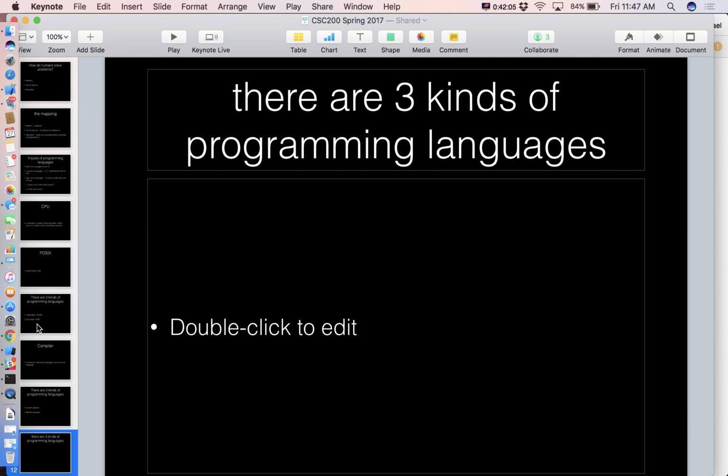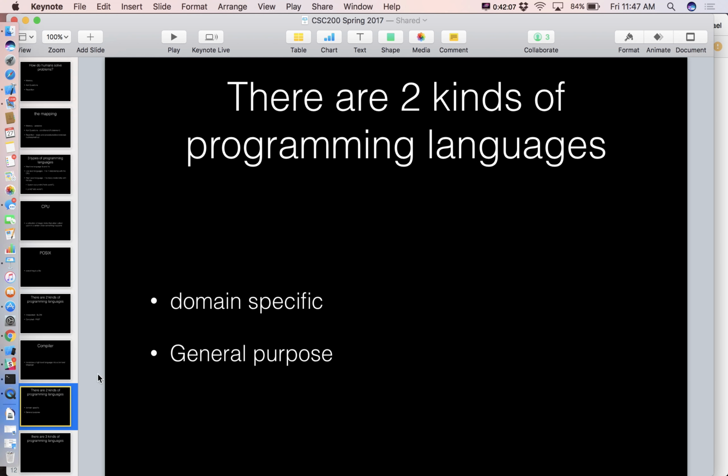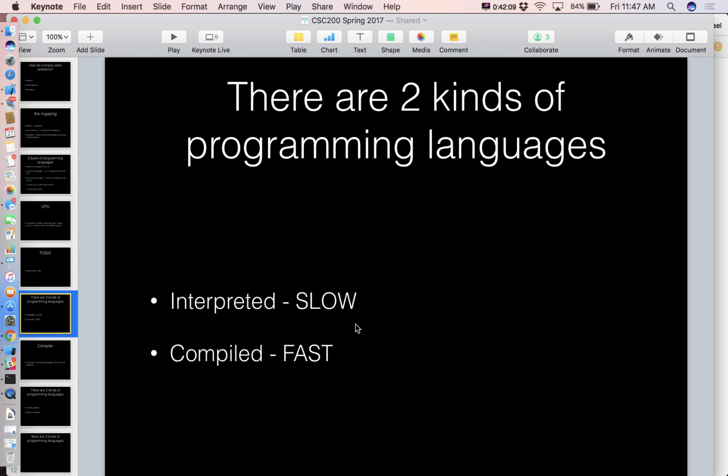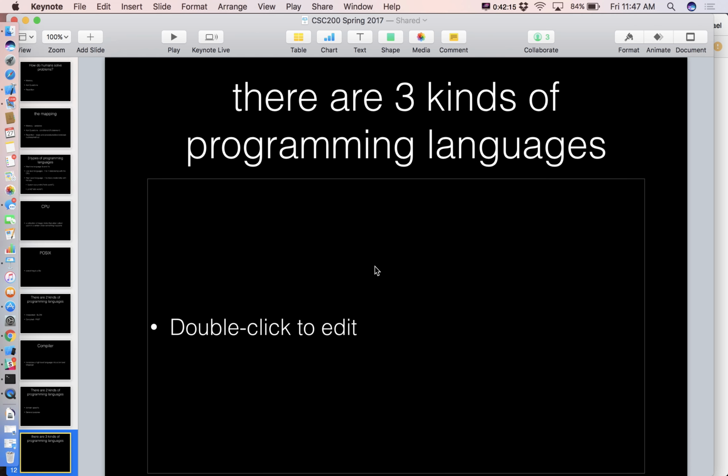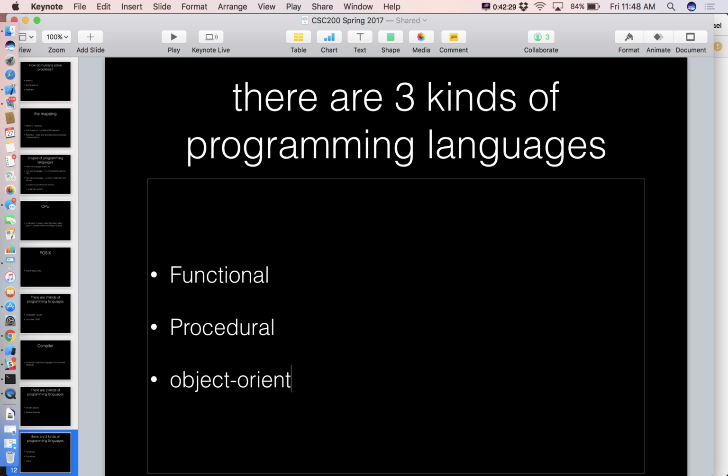Okay, so this one's looking at the lens of the size of the languages. This one's looking at the lens of the nature of how the languages actually end up running on the computer, that kind of stuff. So this one is looking at the semantics of the language. So we have 3 kinds of programming languages. We have functional languages, we have procedural languages, and we have object-oriented